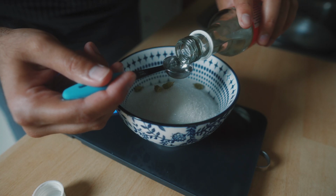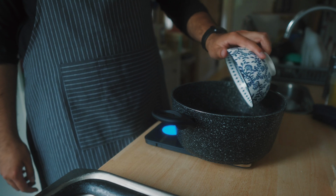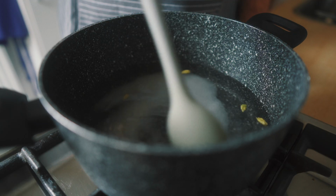I like to break them by smashing them into a wall, just like this. Now you're gonna add 1 teaspoon of rose water and 1 teaspoon of kewra water. Kewra. This is optional. If you don't have it, just add another teaspoon of rose water. Now you want to let this syrup come to a boil, and in the meantime you can make the milk